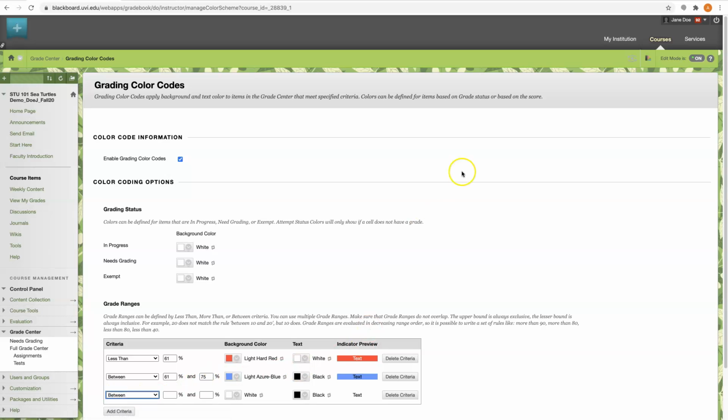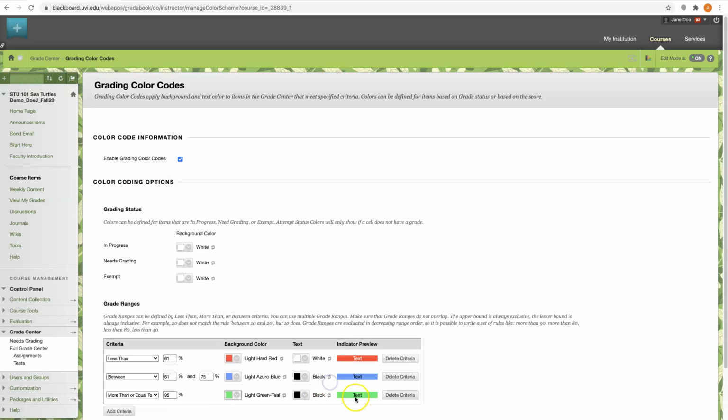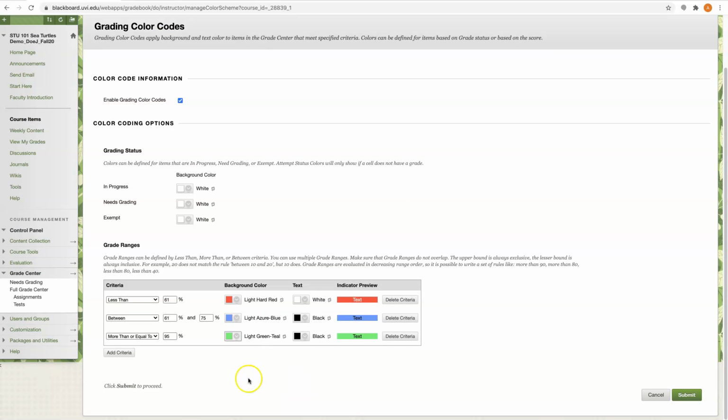Then let's add the final criteria, which is more than or equal to. So if a student earns more than 95%, I may want it to be in green, the text to remain black. So now that we have set this up, we have checked this, let's go ahead and click